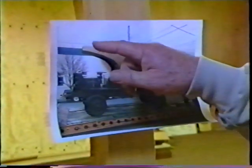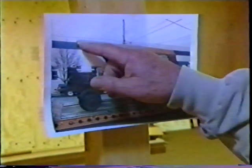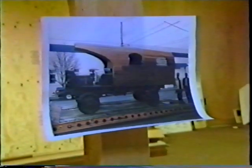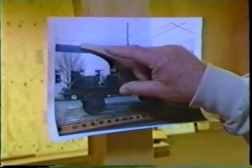So what did Harvey's crowd then do for it? They put this top in. And then who found the trunk part that went with it? This was donated by